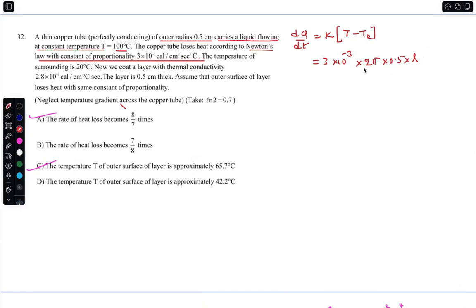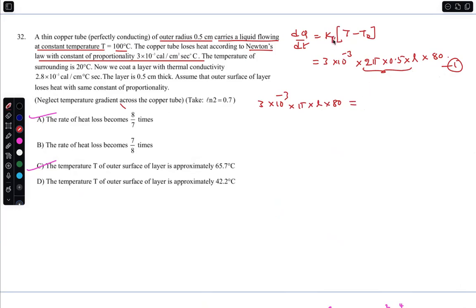Now why I asked you to write this, I'll explain. This term includes per unit area. The constant of proportionality contains a per unit area term, but overall this much area you are radiating, so that should be written in. The temperature difference is 80. That is the initial equation. Now the same rate: 10 to the power minus 3 pi into L into 80 is equal to,